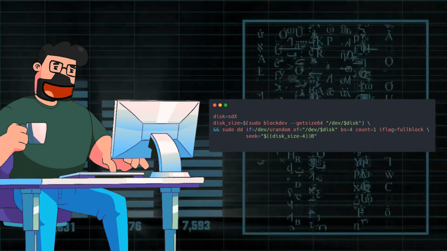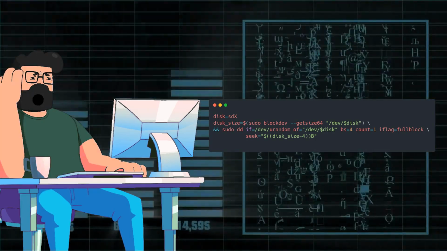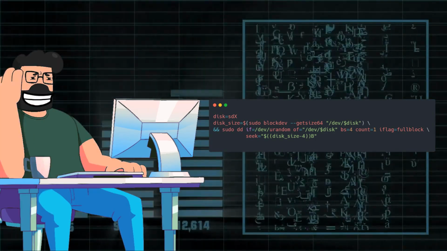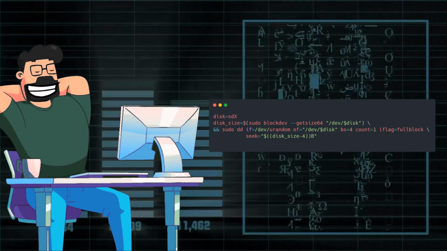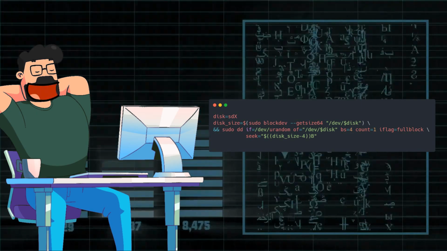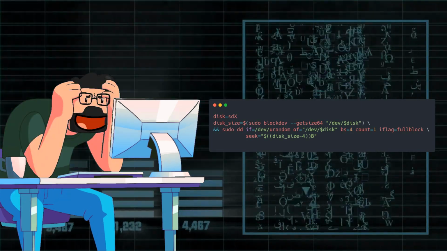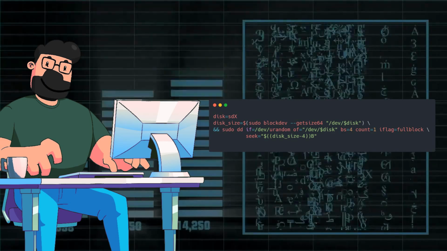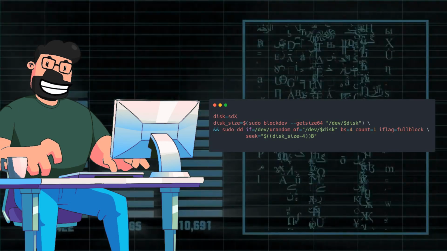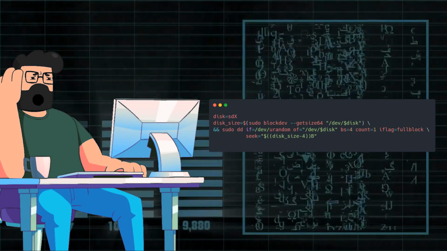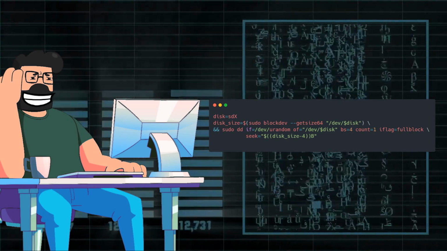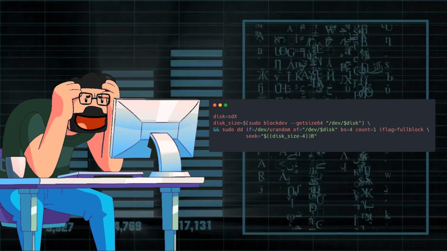In the solution provided, we have a script that involves writing to the last 4 bytes of a disk via the CLI. The script utilizes the blockdev --getsize64 command to obtain the size of the disk in bytes. By subtracting 4 bytes from the total size, the script specifies the position to write to using the seek parameter in the dd command. This approach ensures precise writing to the exact location on the disk, addressing the specific requirements